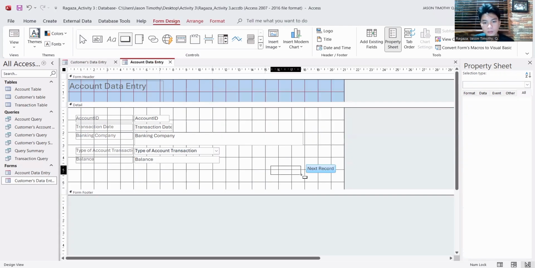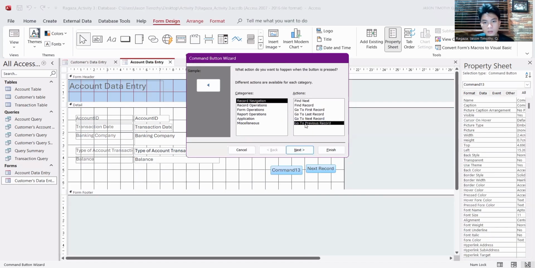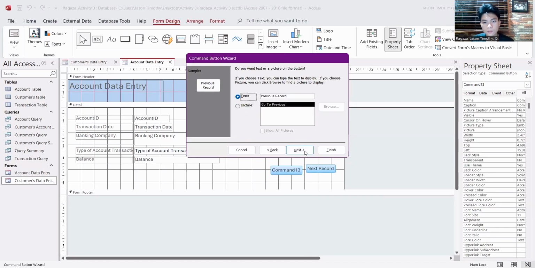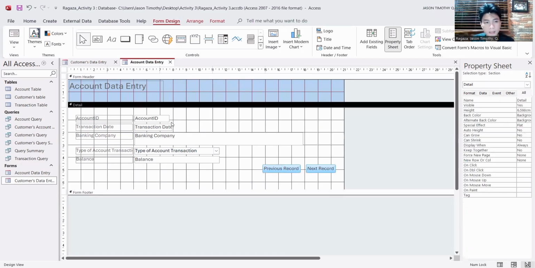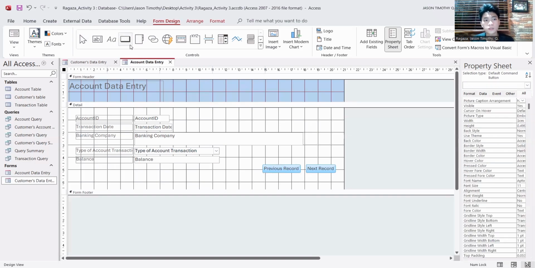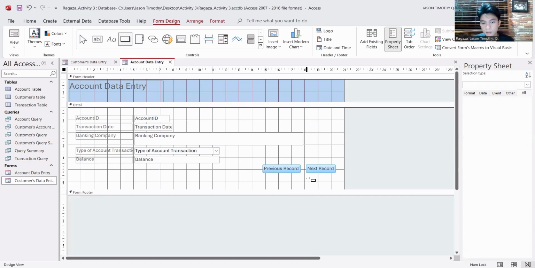Then the previous button. And then we're going to add another two options, which is the last and then the first page of the